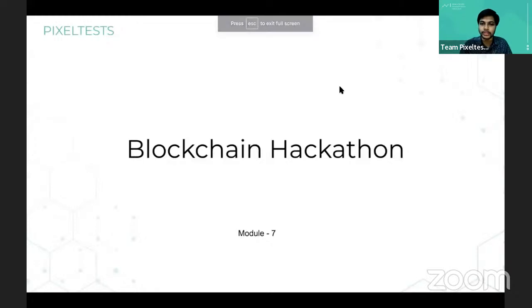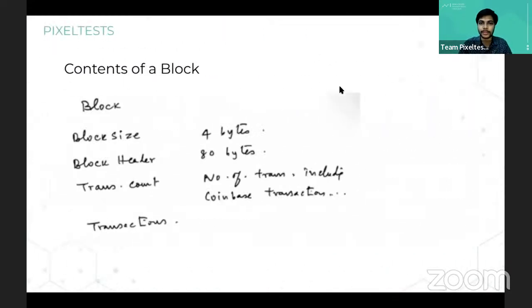In this session, we are trying to understand what the contents of a block are. Whenever we see a block, every block has its block header. In the whole of the blockchain, people who have recently joined can also understand this briefly. We're not going into the technicalities or math portion of it, so it is easy for you to understand. Every block on the blockchain has its own header, and this header consists of a few other elements also.